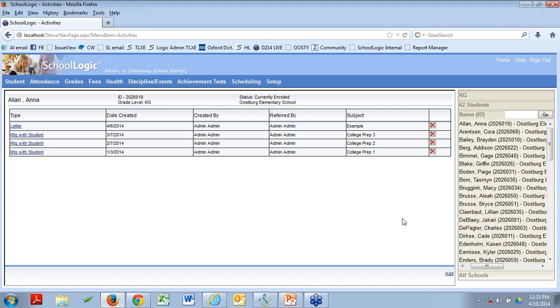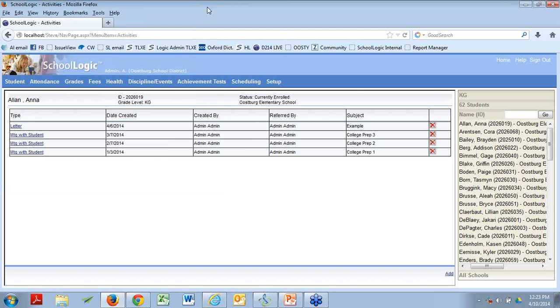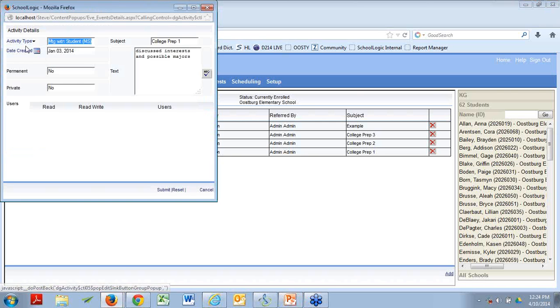Now, we notice that Anna had the same type of event the whole time, right? From this drop-down menu, they kept picking meet with student. Then what they did was they used the subject line to differentiate those meetings, okay? Subject is not something you set up in advance in the software like you set up correspondence type. Correspondence type, as you see here, drop down.